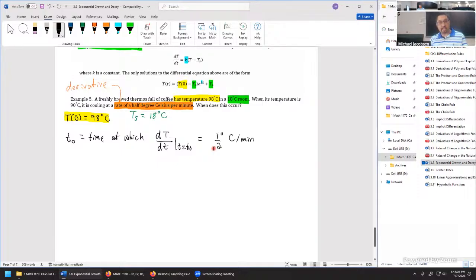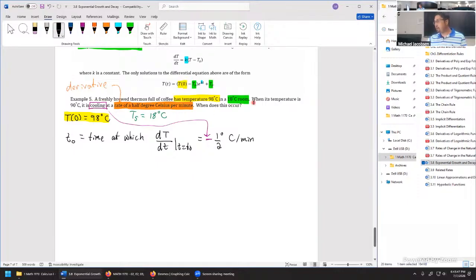But this isn't the full story yet, because remember, derivatives have directionality to them. Positive and negative is part of the landscape for these derivatives. And so the trickiest thing here is when it said cooling, that implies a negative sign. To me, I think that's the easiest thing to miss for a problem like this one. Just like when we said mass was decreasing, the derivative was negative. In this context of Newton's law of cooling, cooling means the derivative is always negative. And if we don't get that negative sign in, it's going to be really hard to track through the problem.